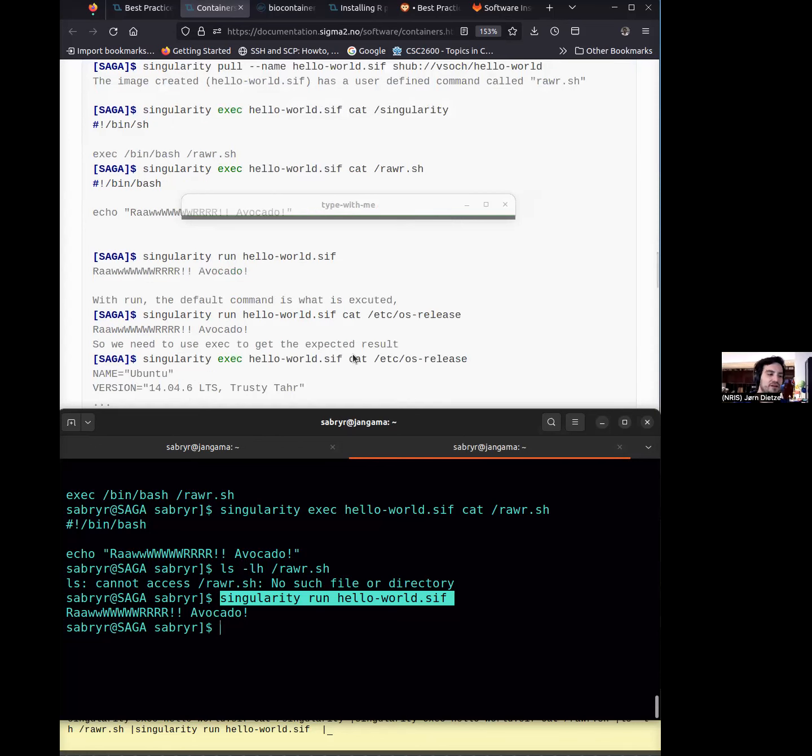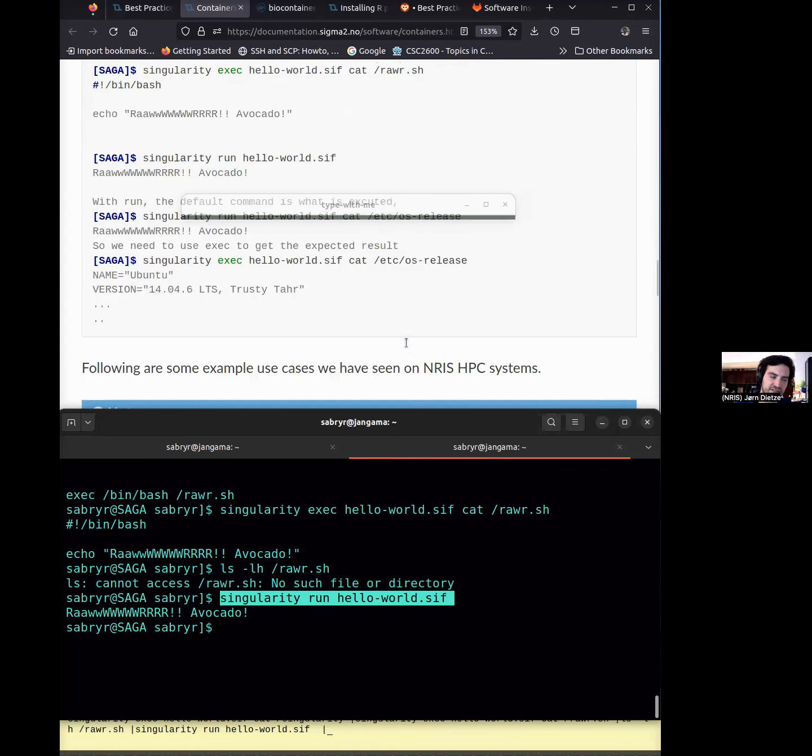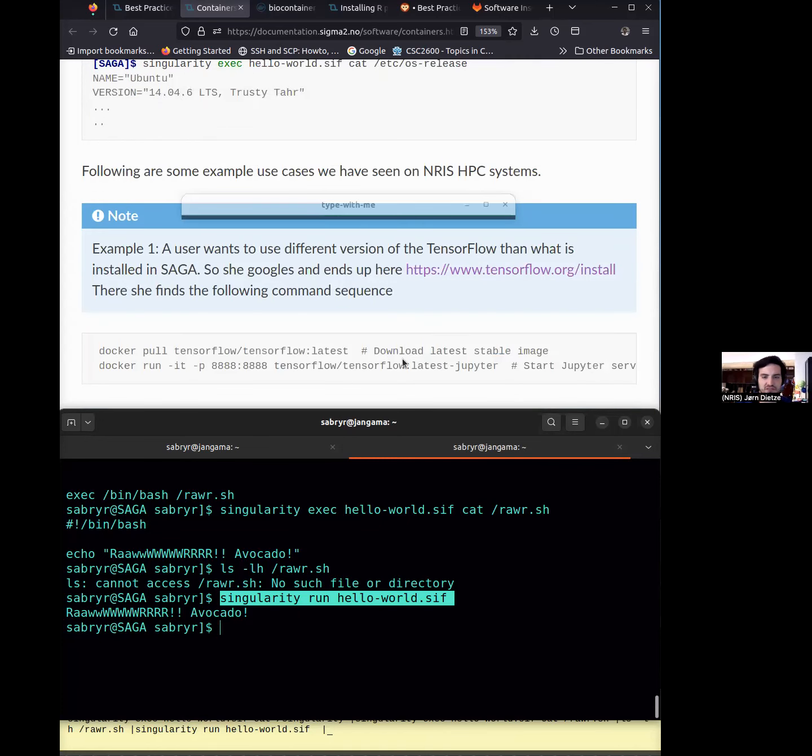So when do you use run, for example? So run is the normal one we use, because the container distributor would make sure that when you call the run container, there's something default that will execute. That is configured already. Yeah, so it could be, for example, like you mentioned the BLAST container earlier, which is a bioinformatics tool, and if you just run it, it will use the standard BLAST or whatever.